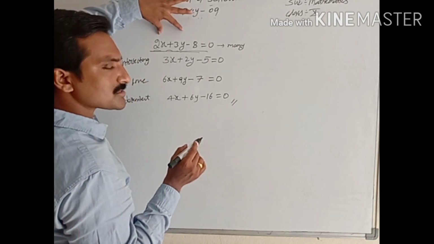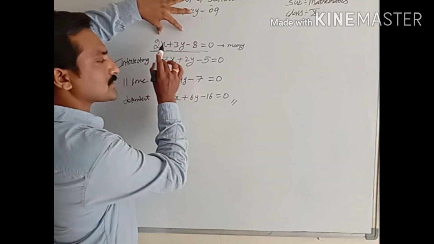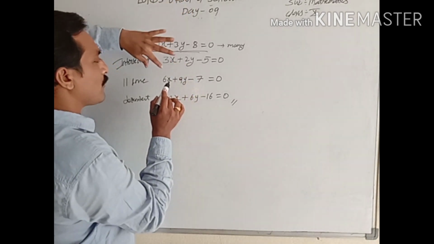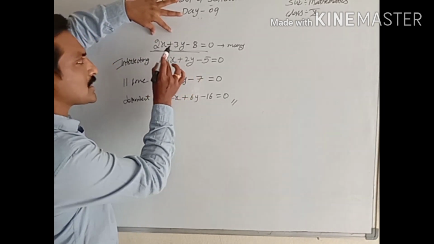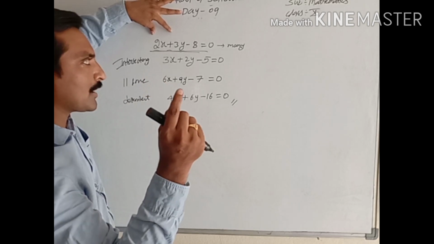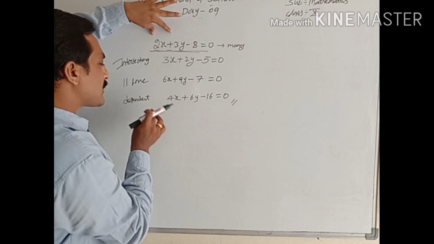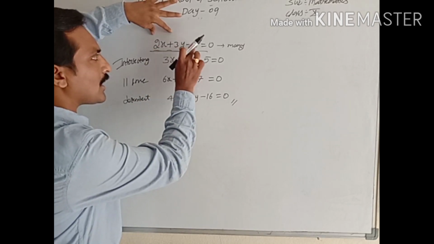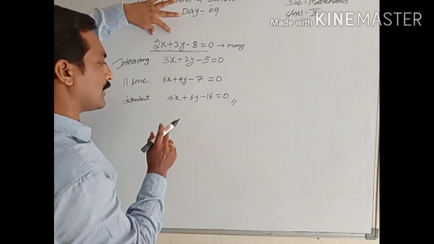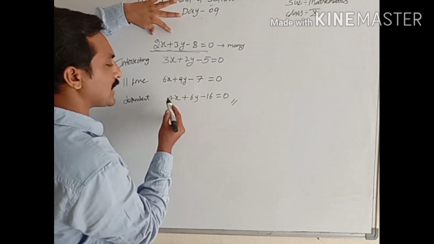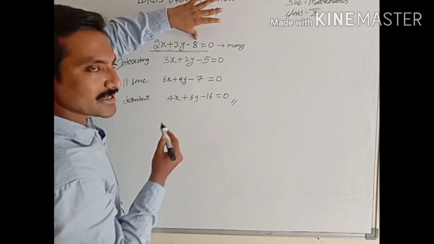If only a single equation is given and you want an intersecting line, I just change the coefficients of x and y. After that, if you want a parallel line, these two coefficients of x and y have to be multiplied by one particular number. Whatever number you wish, you take. I took 3 here. Next, for a dependent line, the three terms are multiplied by the same number. I selected 2. 2 twos are 4, 2 threes are 6, 2 eights are 16.